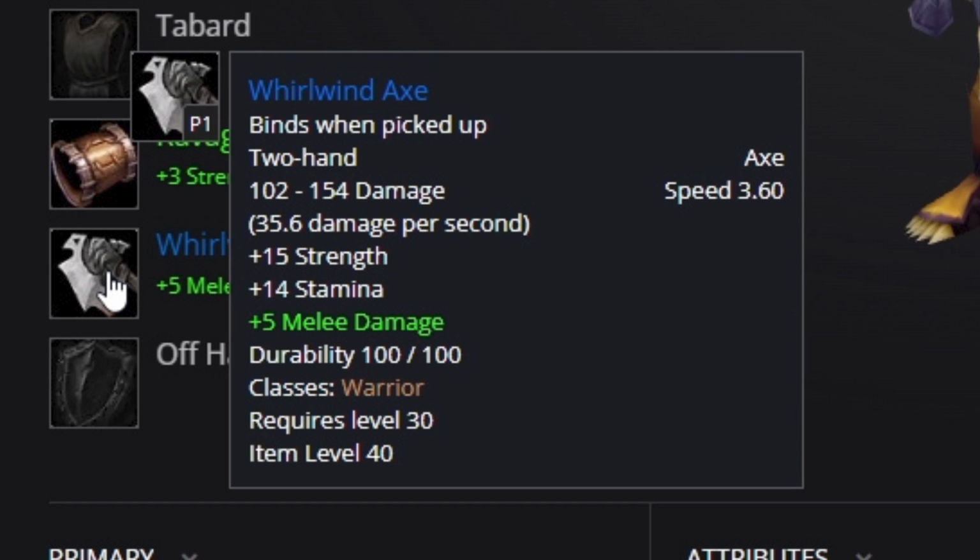Now of course, the big weapon warriors have access to in Phase 2 will be the Whirlwind Axe. And it's actually not too hard to get considering how good it is, so I would focus on doing the warrior questline for this weapon to save time on getting a different weapon, then throw the 2-hand weapon impact enchant